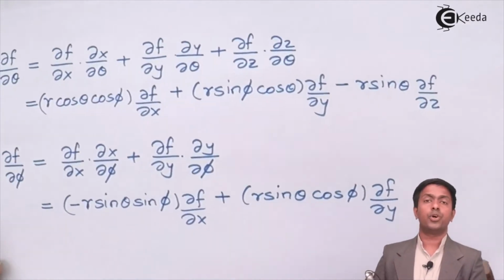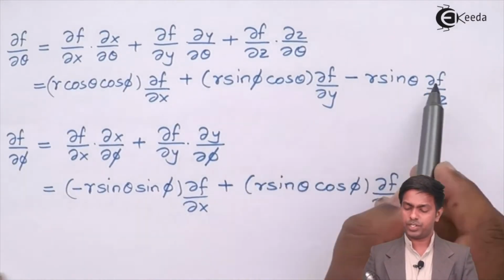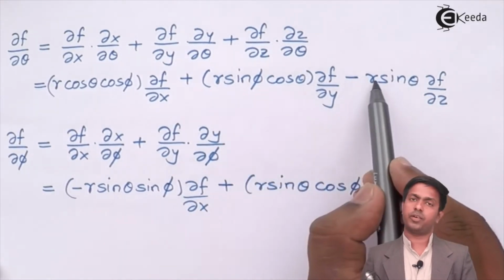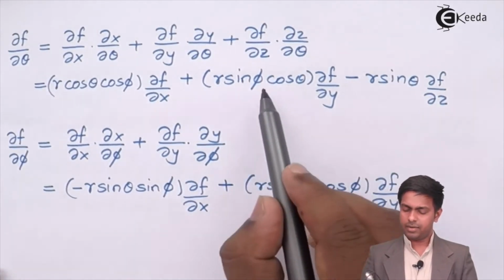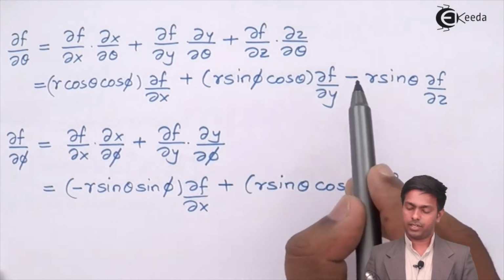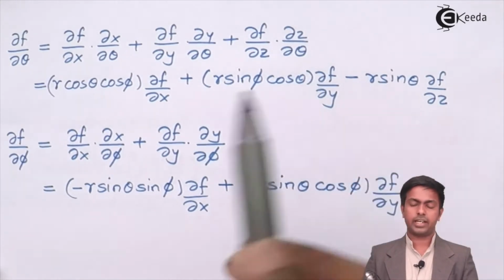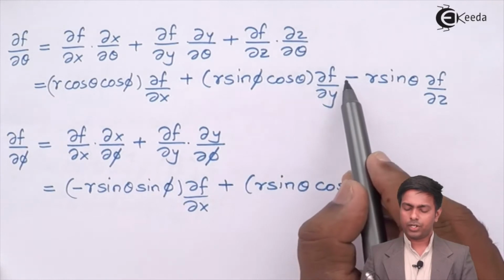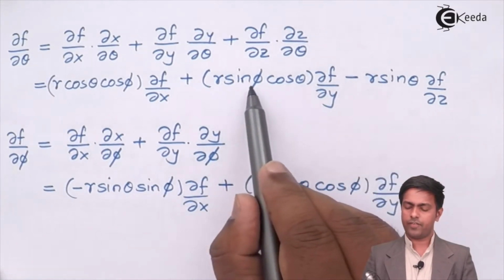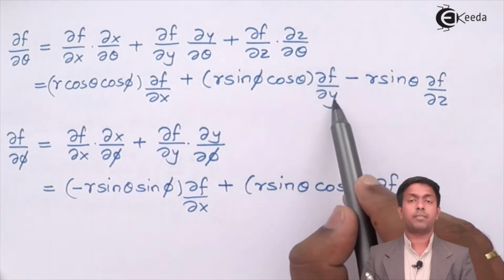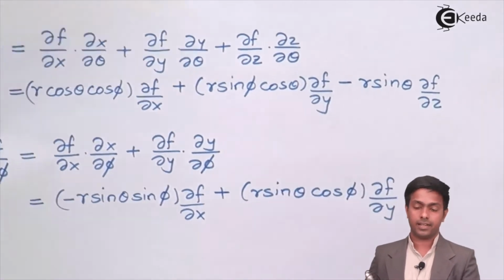Next we'll do 2 times b into c. So r into r square will be cancelled with the outside r. Then multiplication of these two terms. Here we have a negative term, so we'll get a negative sign. So negative 2 times sin phi cos theta sin theta del f by del y del f by del z. We'll write it there.